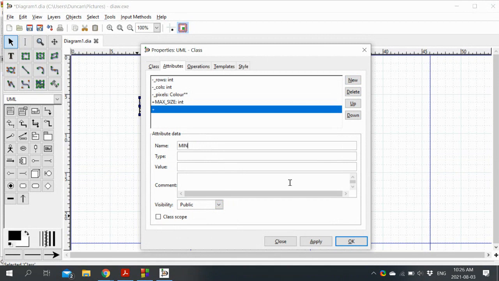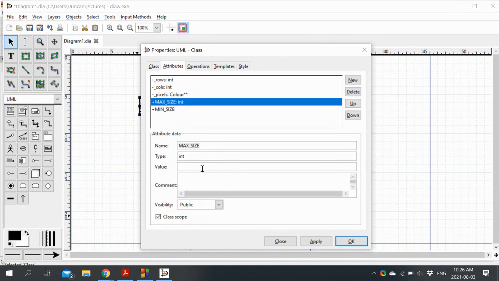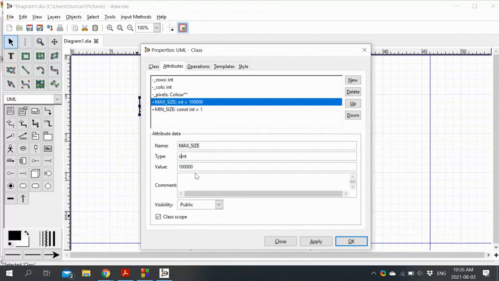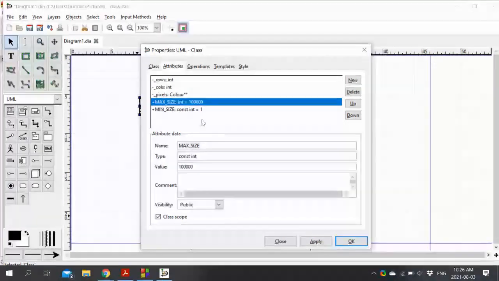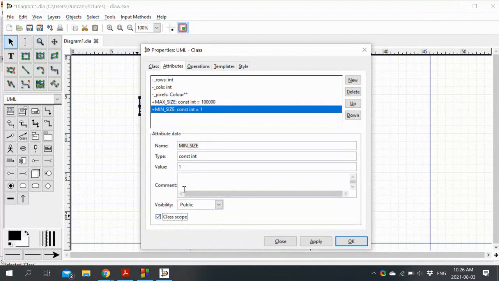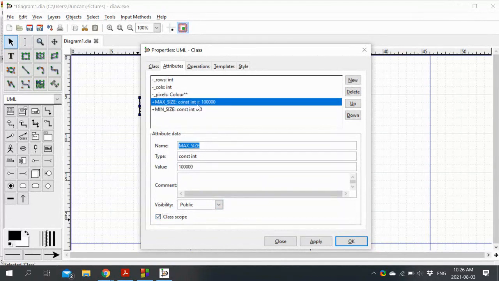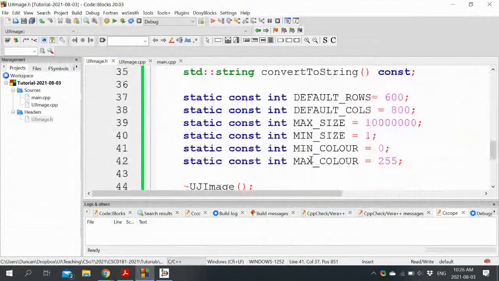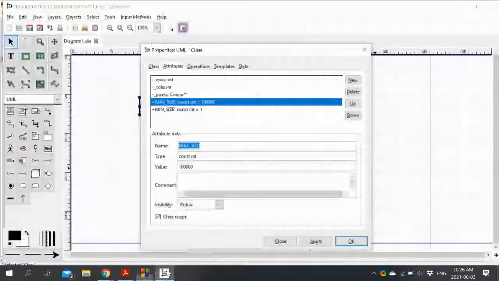And then min size, and we can even set the values there. So what was max size? 10,000 or whatever I said. Min size is 1. It's a const int, static, class scope. I'm not going to do all the rest because it's just a lot of duplication, but you'd add the rest as well.